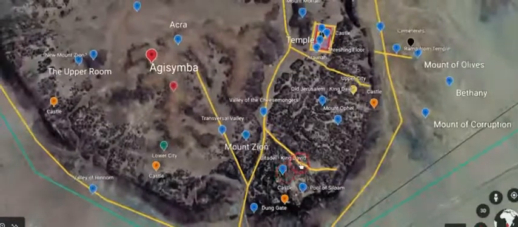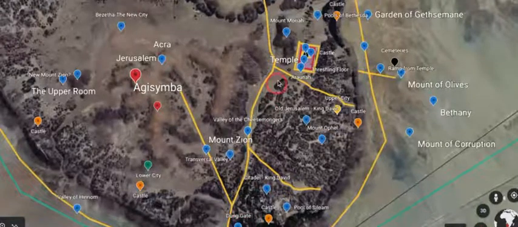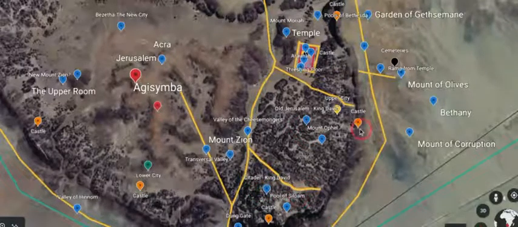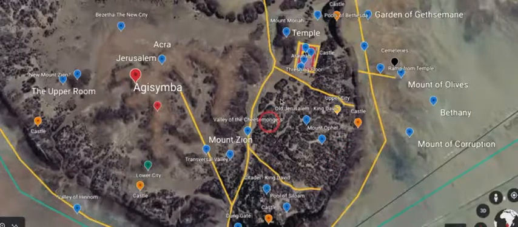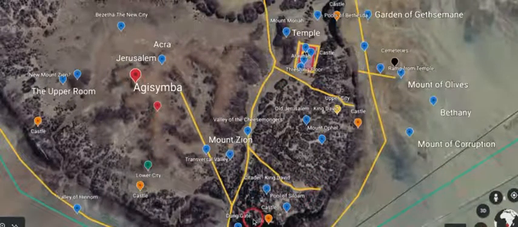Zooming in on Jerusalem. Starting here, let's look at the Dung Gate. From here all the way up here, this is called Mount Ophel. These lines here, these are pathways, two pathways. And some believe that Mount Ophel sits between these two pathways. Others believe Mount Ophel extends the entire region. What is certain is that this section here, whether it's between the pathways or the entire region, we know that